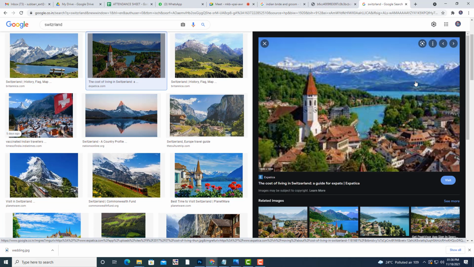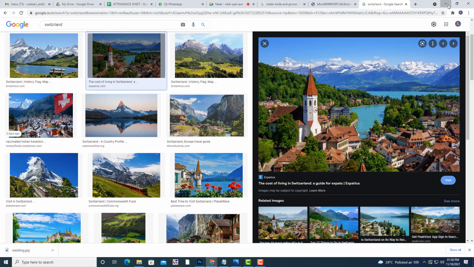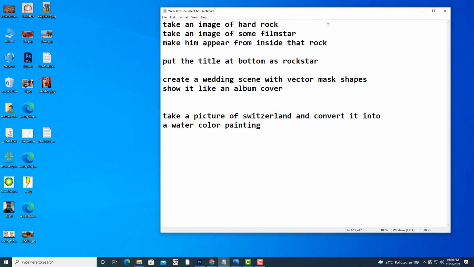Okay, Shimla also looks the same as Switzerland. So what you have to do is take the picture of some nice beautiful scenery of Switzerland, and convert it into a watercolor painting using the filters, right? So this is your class assignment.